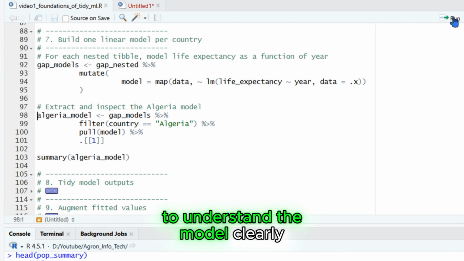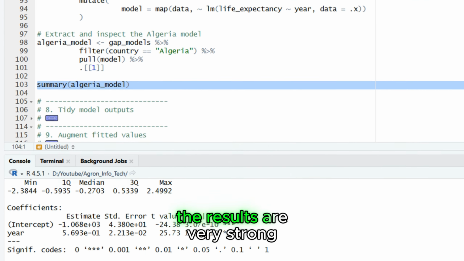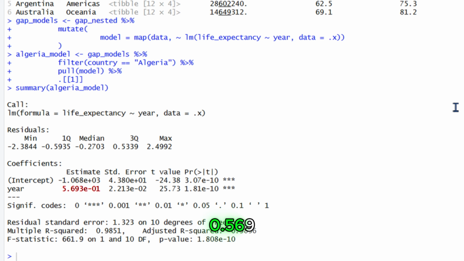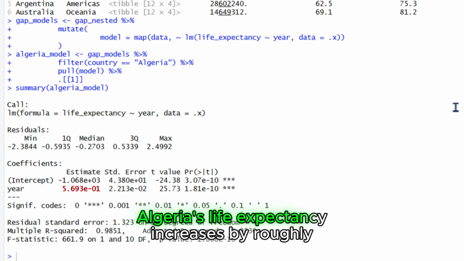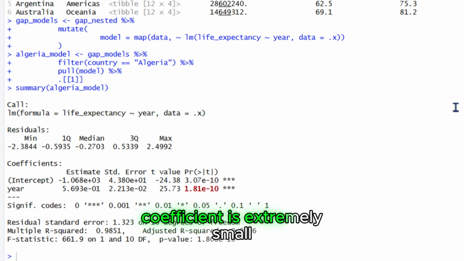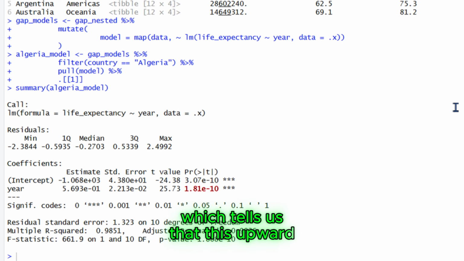To understand the model clearly, I extract Algeria's model and print the summary. The results are very strong. The coefficient for year is about 0.569. This means that, according to the fitted line, Algeria's life expectancy increases by roughly 0.57 years for each 1-year increase in time. Since the dataset moves in 5-year steps, that is about 2.85 years of life expectancy gain every 5 years on average. The p-value for the year coefficient is extremely small, which tells us that this upward trend is